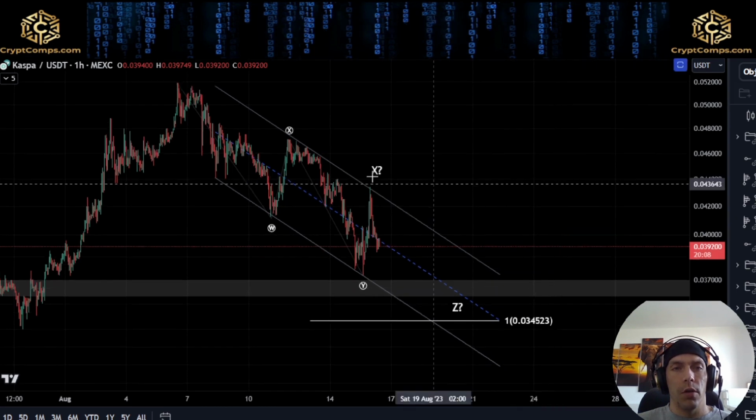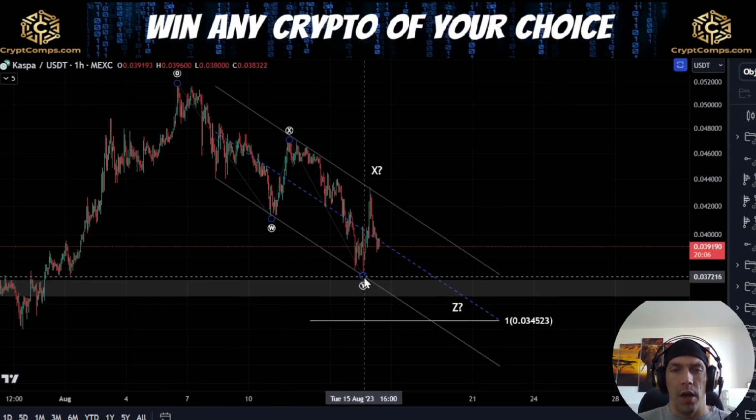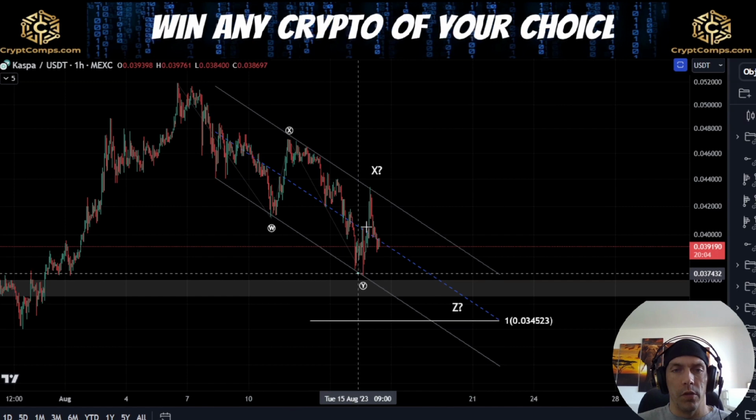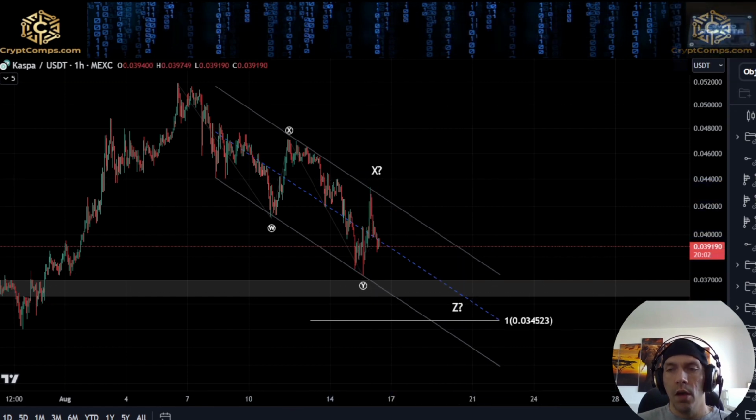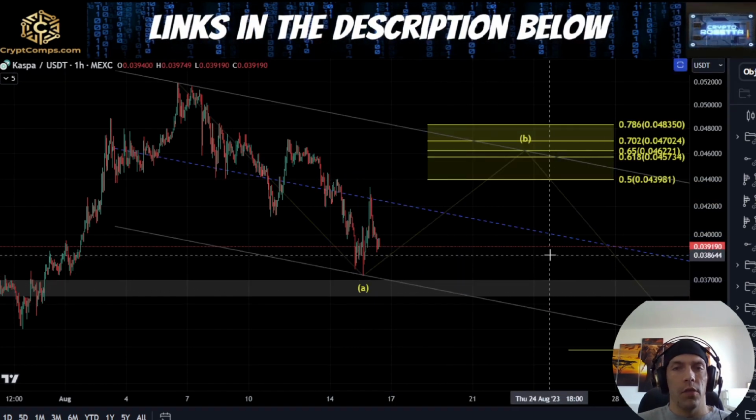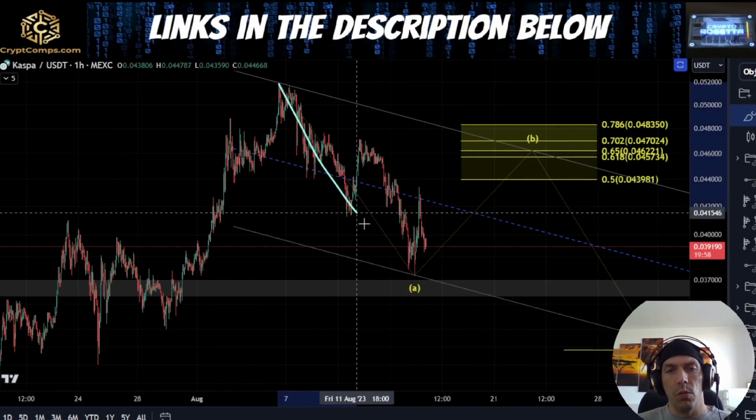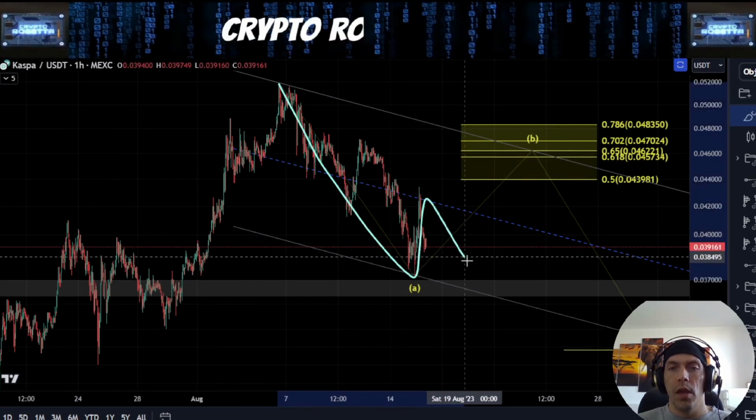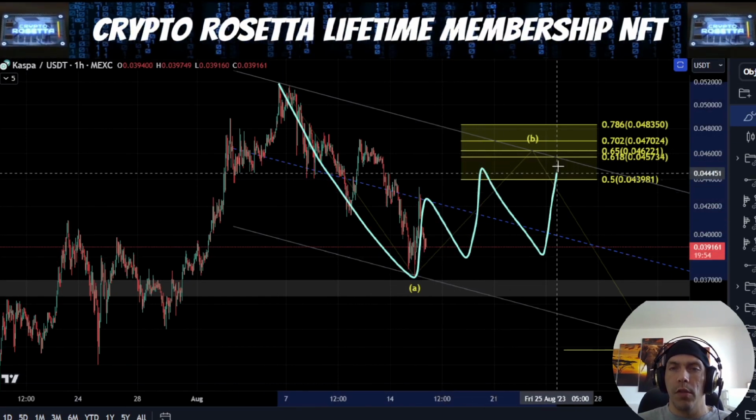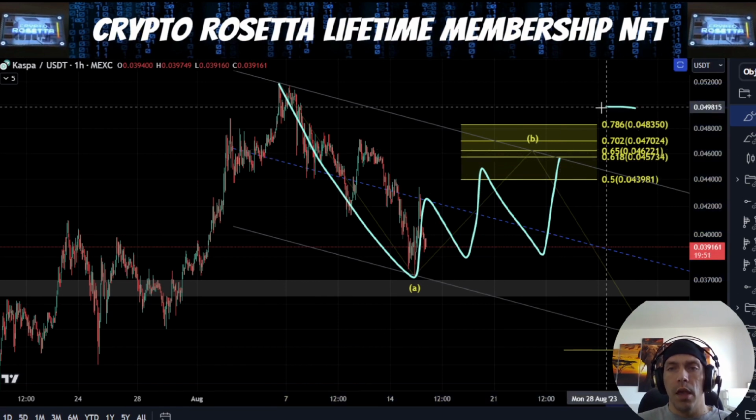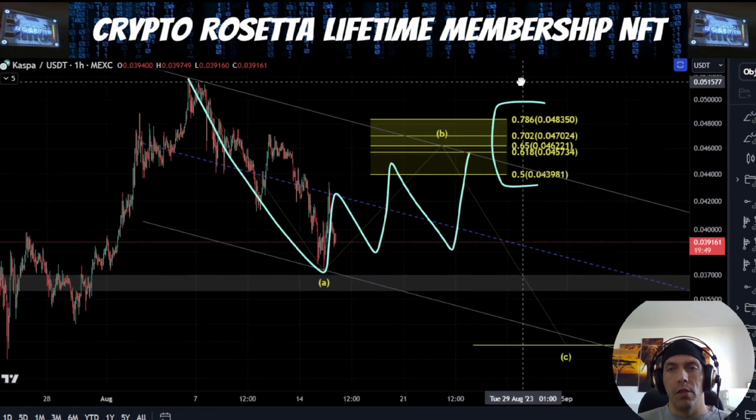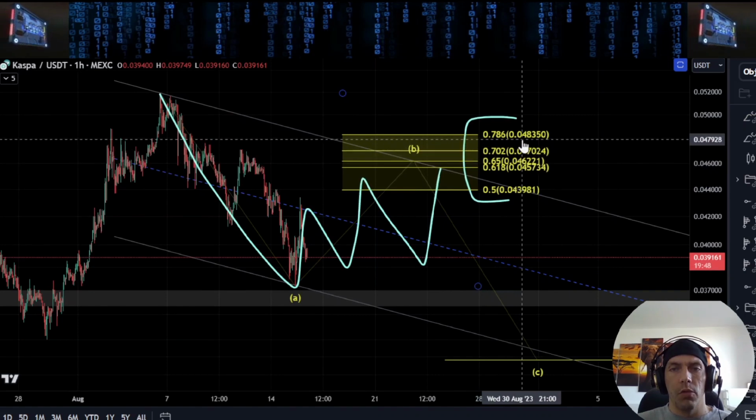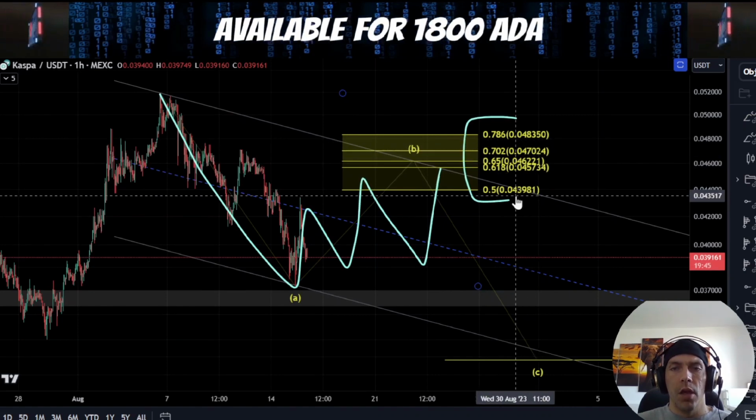Now even if we have completed this as W, X, and Y into this, and we fail to form this additional X and a Z wave here, what we could still see, if this is going to be a bigger corrective pattern, is this whole move could then become A. We could see 3-wave structure developing to the upside here for a B wave, in which case we could still look to reject in this zone here of the 786, which would be this 48350 to this